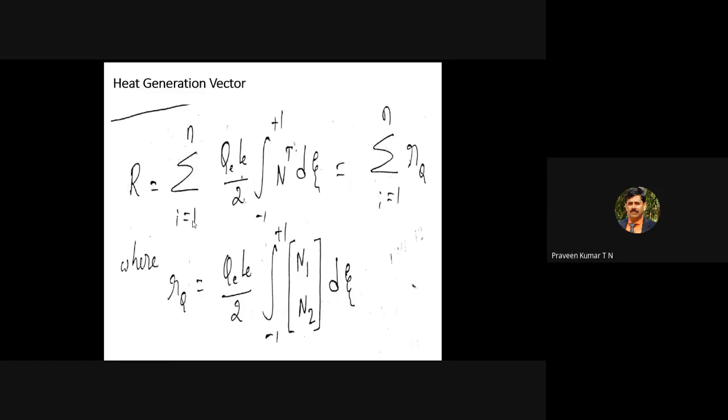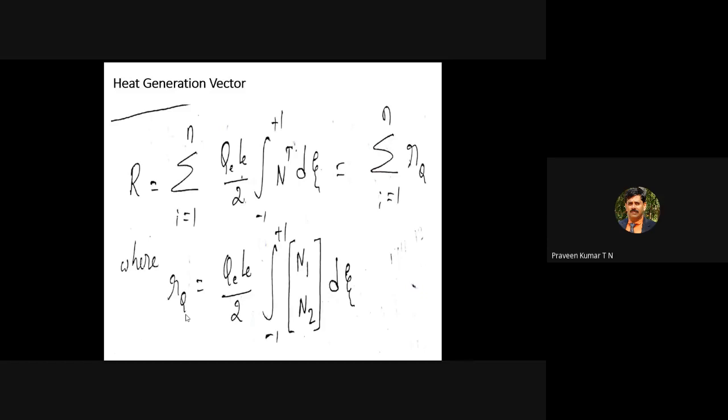Imagine there are 10 elements. We'll get R1, R2, R3 up to Rn, like what we have done for the stiffness matrix. If there are 3 elements, the global stiffness matrix K is made of K1, K2, K3, etc. In a similar way, capital letter R refers to the global heat generation vector, and lowercase letter r refers to the